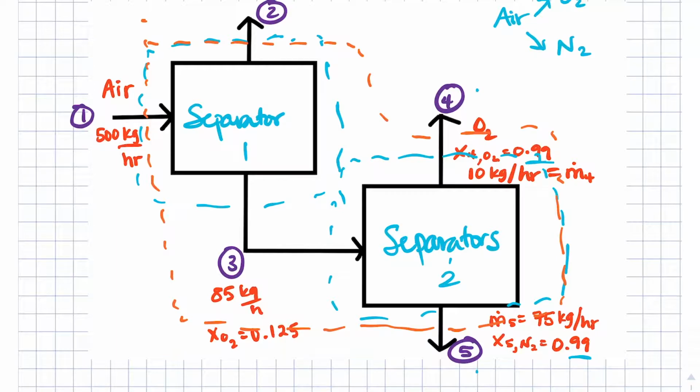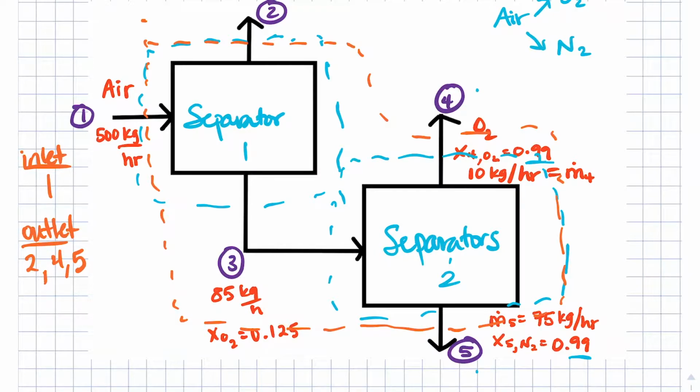So I just skip out on analyzing stream 3 at all. You can see then my inlet streams, when I do it that way, become stream 1, and everything else is an outlet stream. Outlet streams are now streams 2, stream 4, and stream 5, and we don't even have to